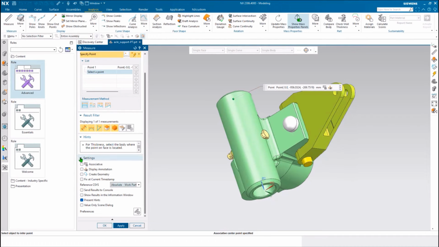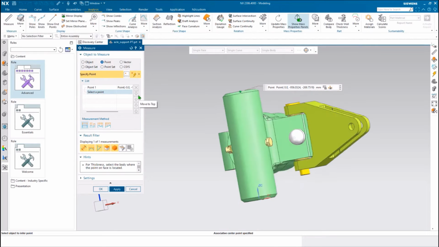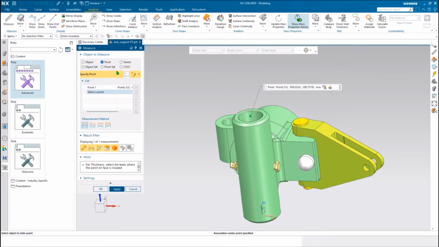I'm going to collapse this dialog for a moment just to make things look a little cleaner here. And if you remember that hint, it did say that we could use a coordinate system as a reference. So up at the top with the point selected still, we don't have to start over. We can go ahead and click the CSYS option up towards the top, and we're prompted to select a coordinate system. So I'm going to open up the CSYS dialog,